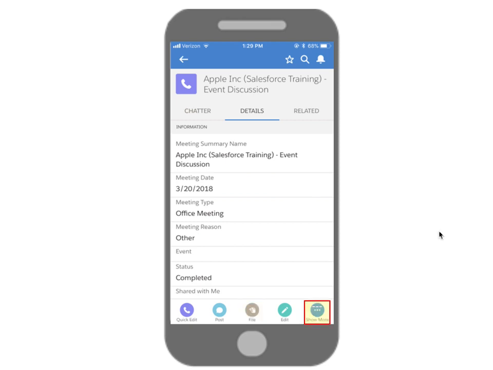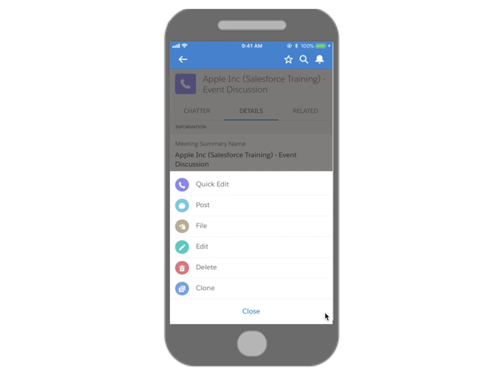If you tap the Show More button, an option is for you to clone a meeting summary. The clone link is for your convenience. It allows you to duplicate an existing meeting summary if the meeting summary you want to create is very similar to the existing one. It saves you from some data entry effort because fields will be pre-populated with the data